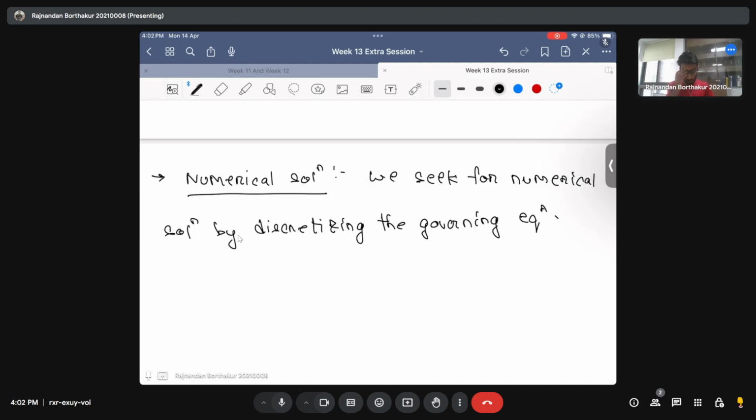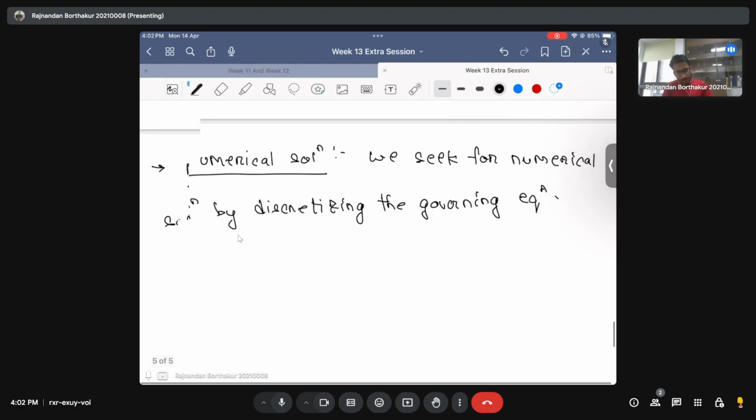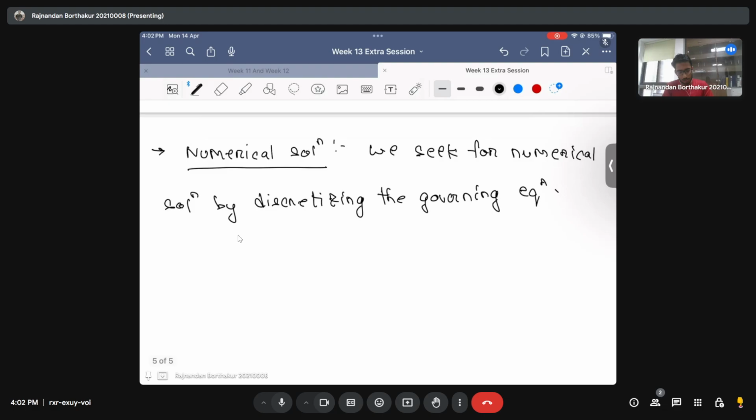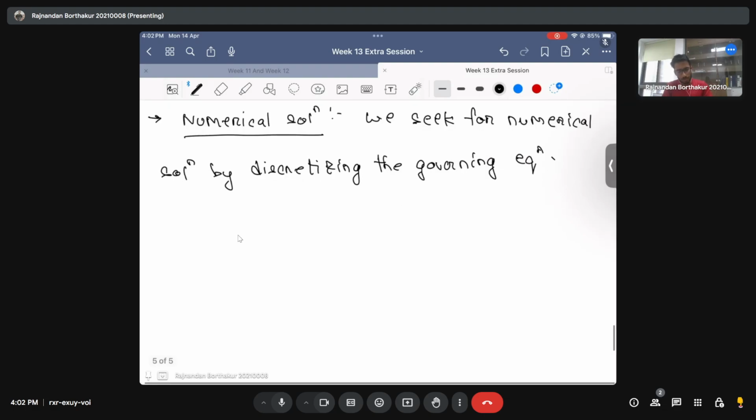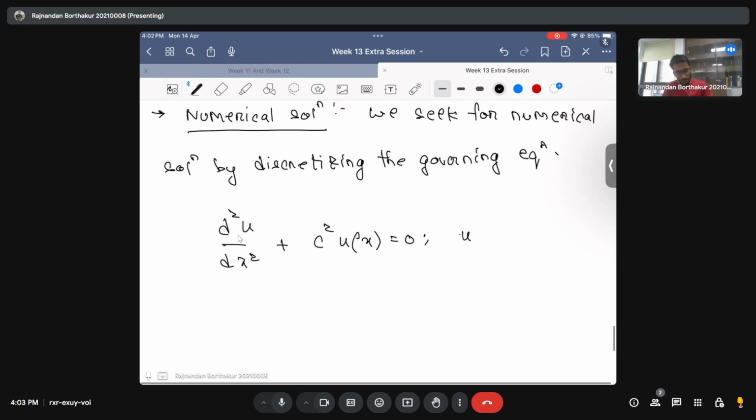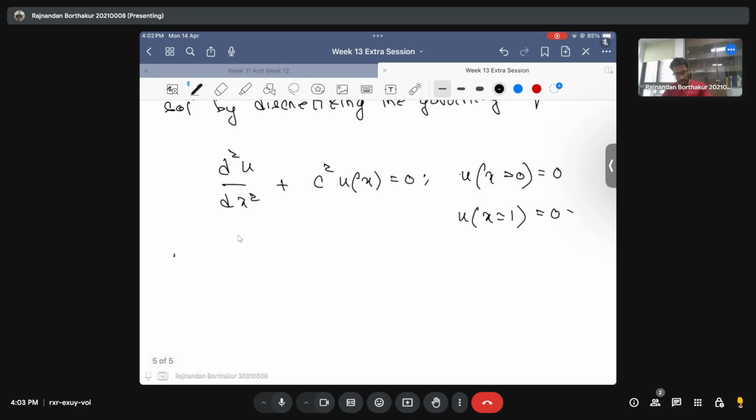Okay, so let's try to see the numerical approach now. Let's consider the same ODE that we considered. For instance, we had d2u by dx2 plus c squared u of x equals 0, subject to the fact that u at x equal to 0 is equal to 0 and u at x equal to 1 is equal to 0. So what we do is we'll use something which is known as a